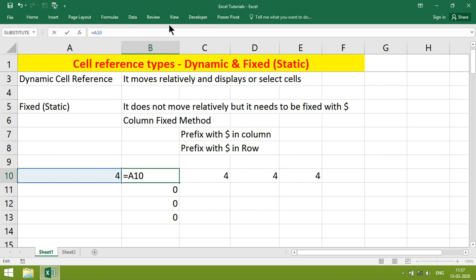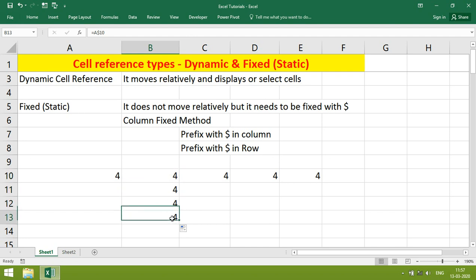To make the row fixed, place $, then just drag. The row number has not changed.